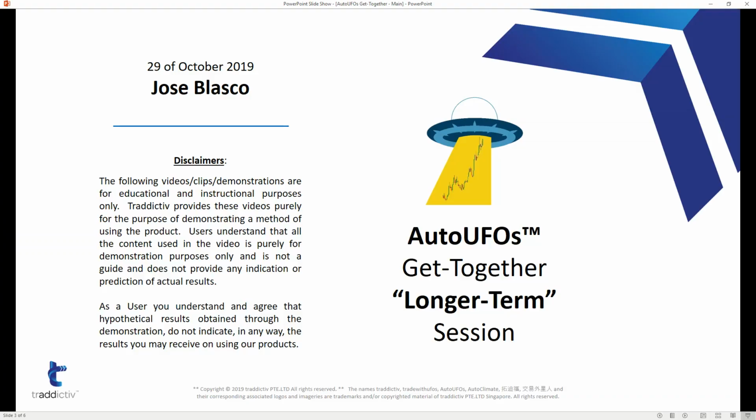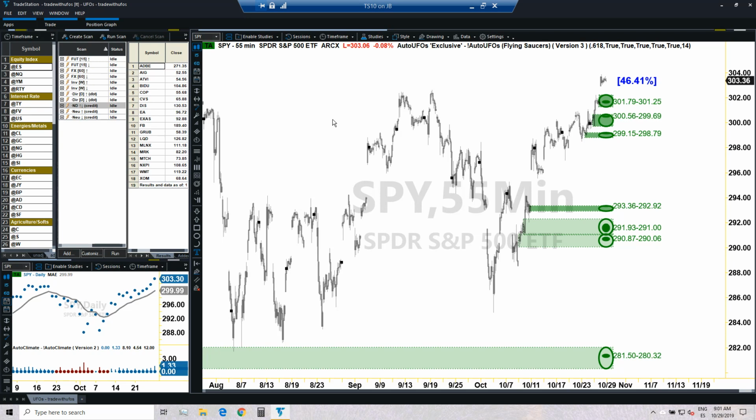Here we go. We got it. Session is formally introduced. Here is our beautiful trade station with the even more beautiful UFOs, isn't it? And we are ready to begin, okay? Wonderful, thank you. Thank you, everyone. Okay, someday I'm gonna have to measure how long it takes for me to do this disclaimer because it felt like flying today. Anyway, so let's begin.